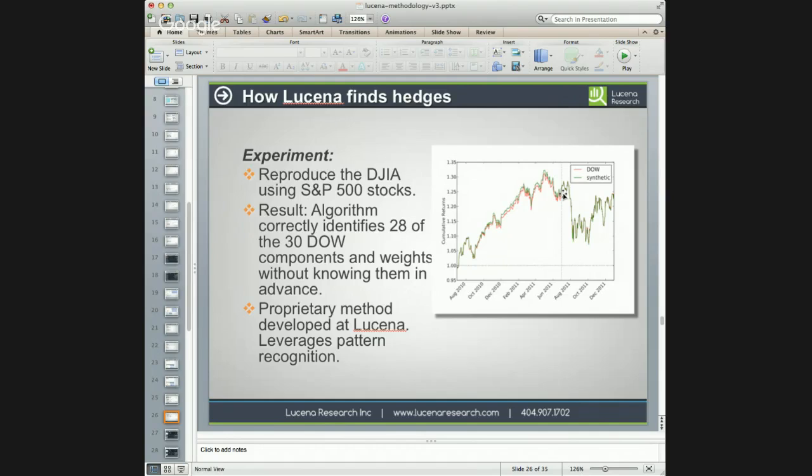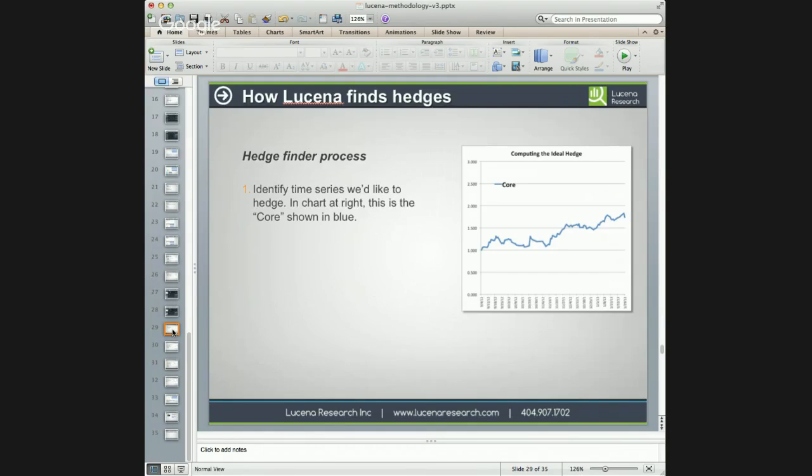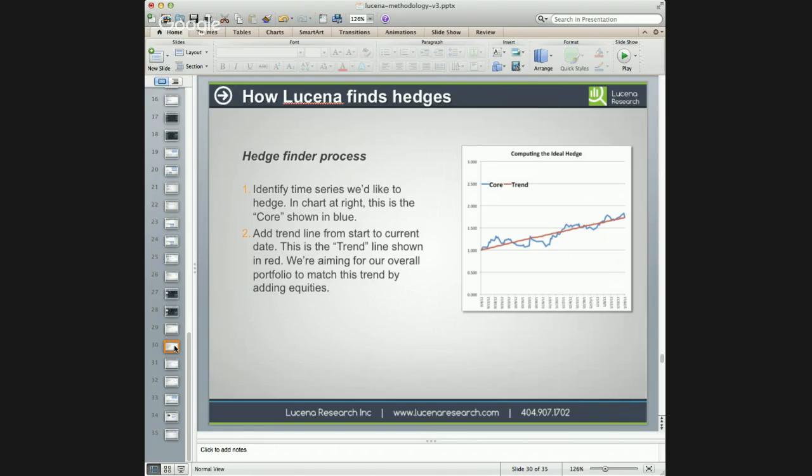Now, that's portfolio replication. If you have an algorithm that can do that, let me show you how you can turn that into a hedger. So let's suppose this blue line represents the historical performance of a core set of assets that you want to hedge. Now, what does the shape of the curve that is the perfect hedge look like? Well, imagine what essentially the perfect performance would look like. It's this diagonal red line. In other words, if we could hedge out all of the volatility, but still maintain the return of our core, what we would get is this